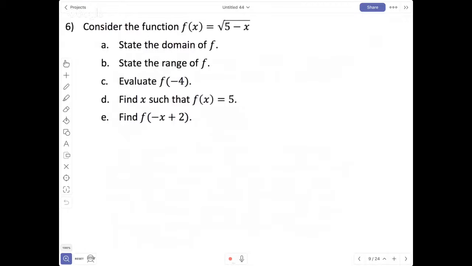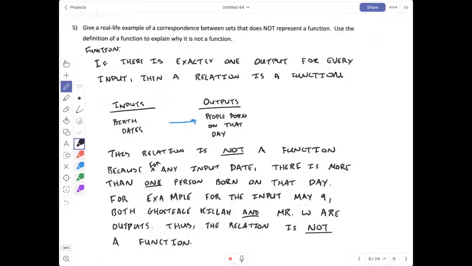Look at a math problem, like a real math problem. How rare is that? State the domain of f. Well, we can't take the square roots of negative numbers, so we can't plug in any x that would make that square root be negative. Sorry, pause. We have a question, and it looks like a good question. We use the father, we would say that there's more than one daughter for father. Yes. So let's go back and say